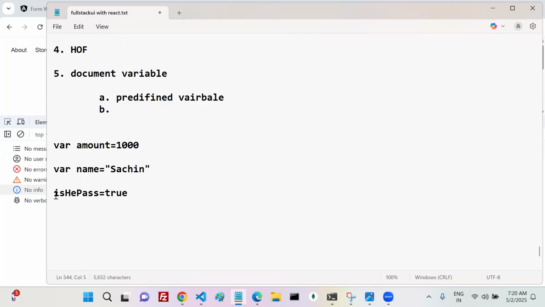If you want to store one number, you can simply store it in a variable. If you want to store one string, you can store it where name equals either single quote or double quote words. If you want to store one boolean value, then you pass true or false. For example, if you have multiple players, player one, player two, player three,